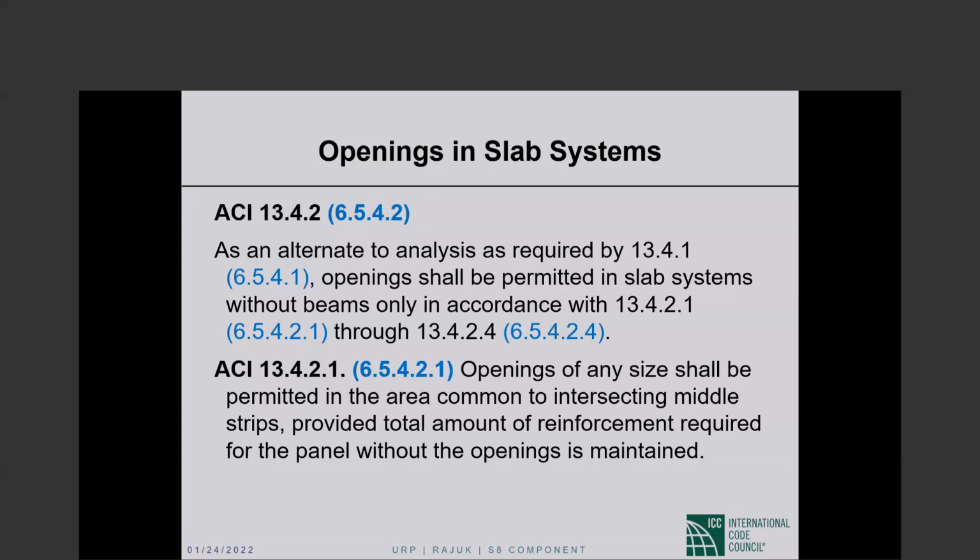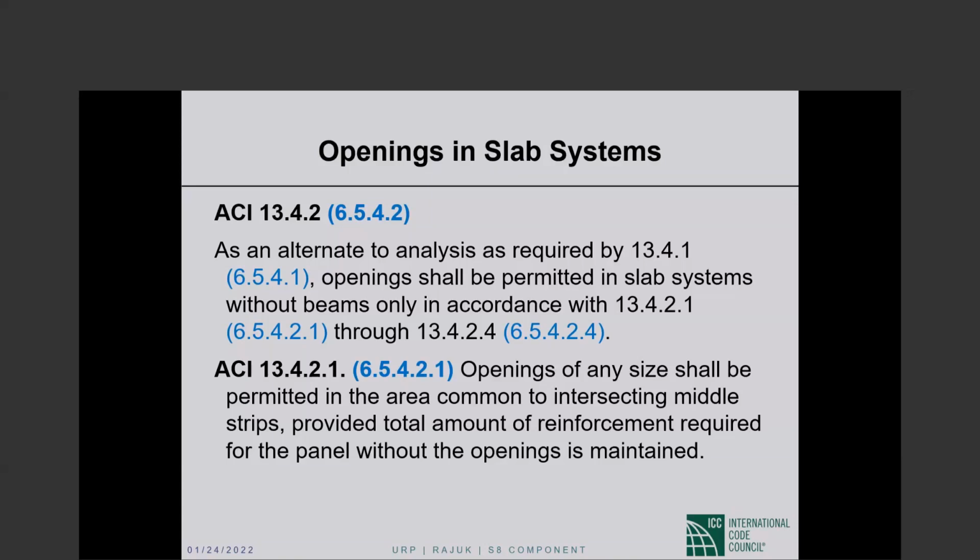You can bend the reinforcement to go around the opening, but if it is an opening of any size, we will discontinue the reinforcement, but the discontinued portion shall be placed half and half on either side with proper development beyond the openings. Openings of any size shall be permitted in the area common to intersecting middle strips,